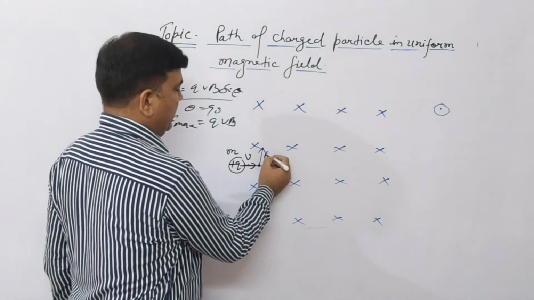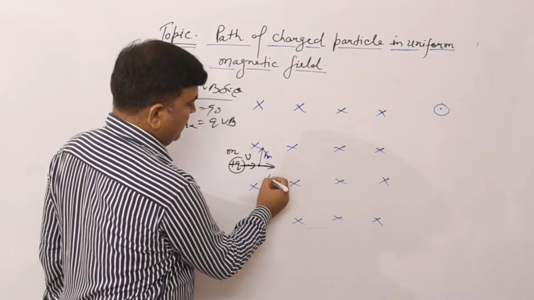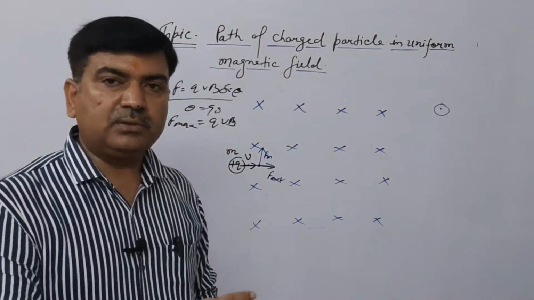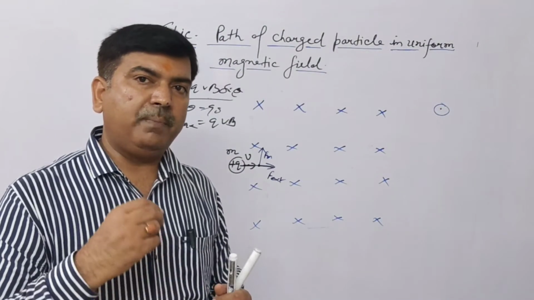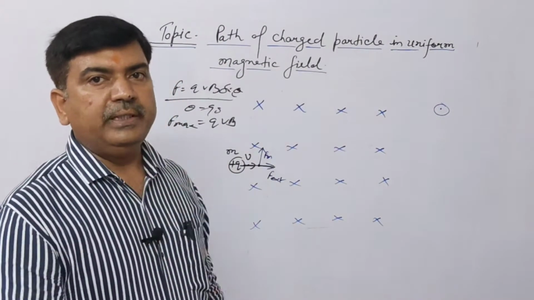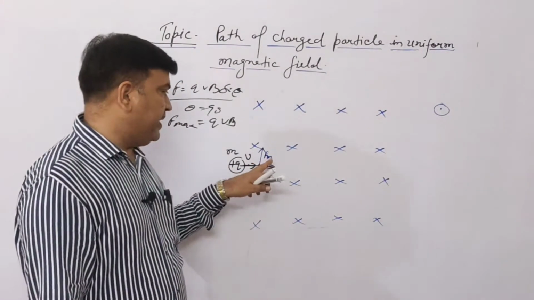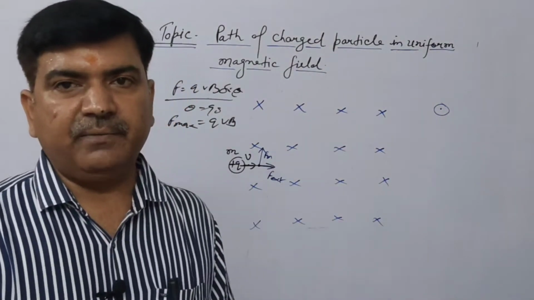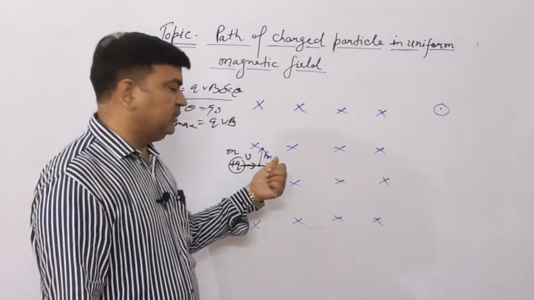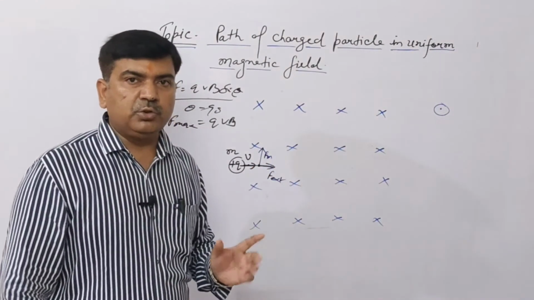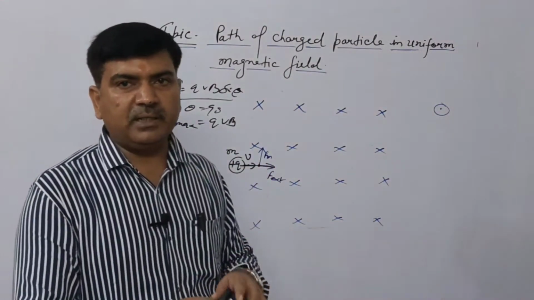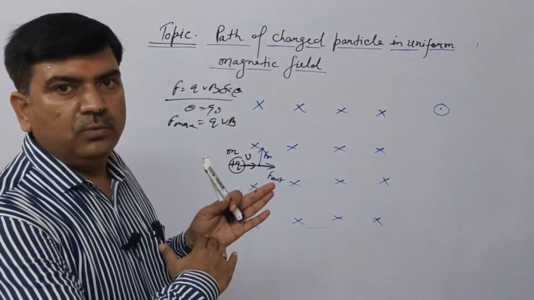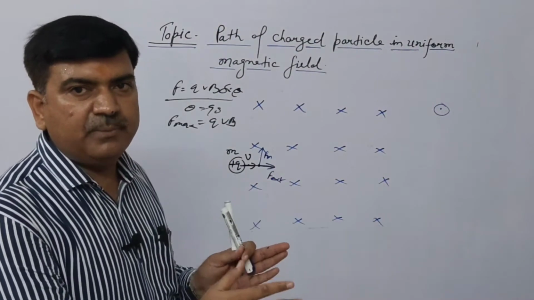It is the magnetic force Fm, and one force is provided by you, the external force F. There are two forces acting. One force we apply on the charged particle when we throw it, the horizontal force, and the other is the perpendicular magnetic force, because the charged particle enters perpendicular to the direction of the magnetic field. So there are two forces acting on the same charged particle, and the resultant always lies between the two forces.